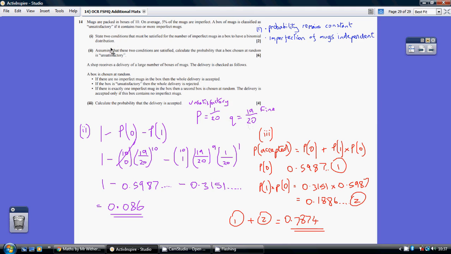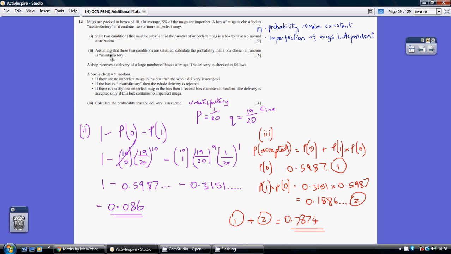Now first things first, state the two conditions that must be satisfied for the number of imperfect mugs in a box to have a binomial distribution. So probabilities must remain constant, and the imperfections of each mug must be independent of each other. So yeah, part 2. Assuming that these two conditions are satisfied, calculate the probability that a box chosen at